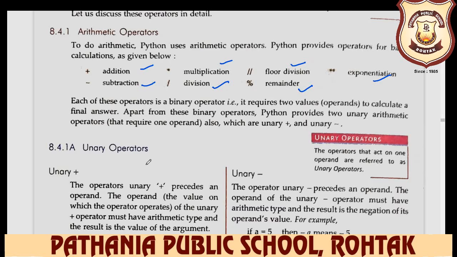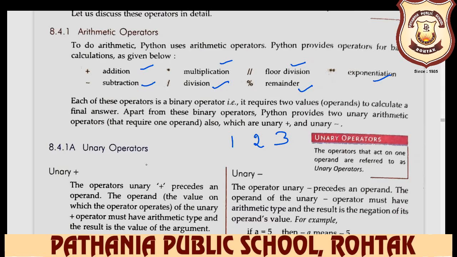Now, what is the meaning of binary operator and unary operator? We are discussing arithmetic operators, so why do unary and binary operators come in between? Because first we define what the unary, the binary, and one more, the ternary operator are. A unary operator has only one operand. When two operands are there, it is a binary operator. When three or more operands are there, it is a ternary operator.